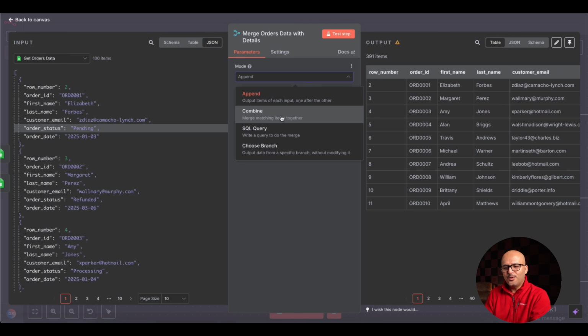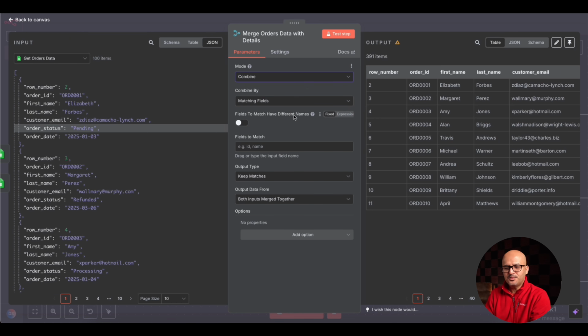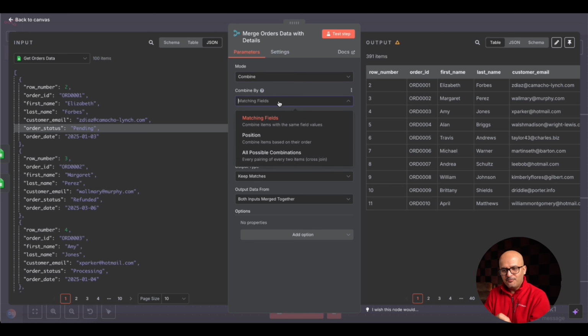In this case, we are going to use this combine option because we want to merge the two streams together with a particular field, which is orders data. Over here, it says combine by. We can have matching fields, positions, or all position combinations. Basically, this is more like a cross join.